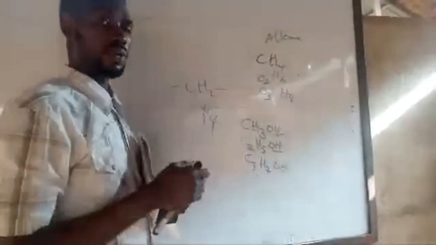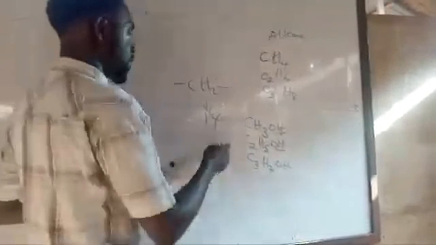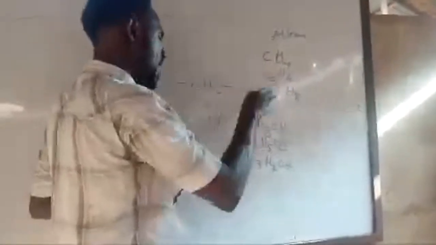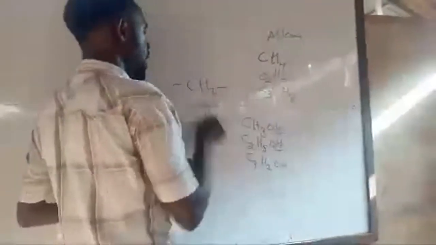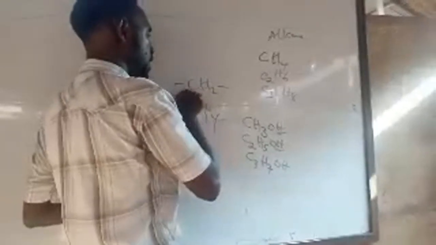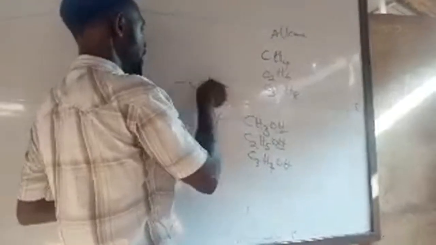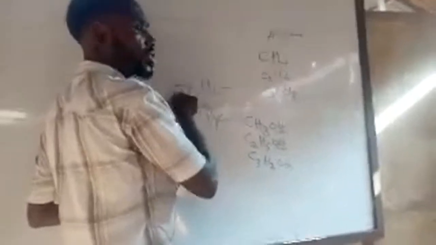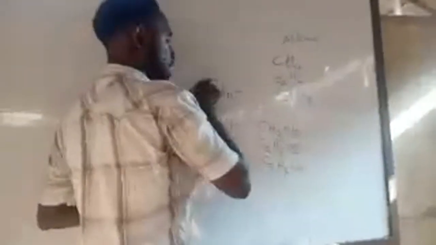So it is applicable for any other homologous series. That's why we say each successive member varies in its molecular formula by a methylene group, that's CH2. Why I put this is that it cannot be free. It's not in existence on its own. It must be a mass, it is simple.